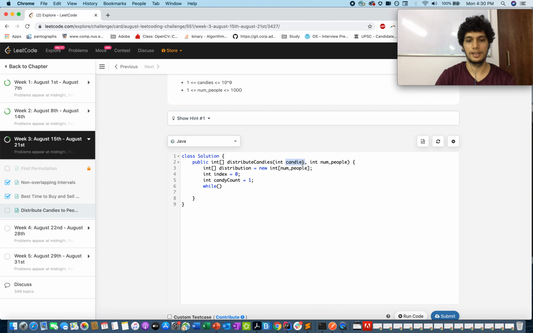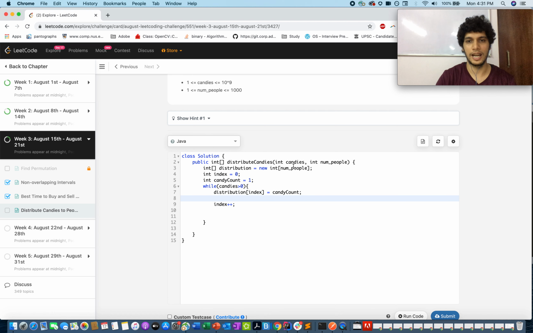While candies is greater than 0, I'll give my index candies equal to the candy count. I'll increment the index, index plus plus.